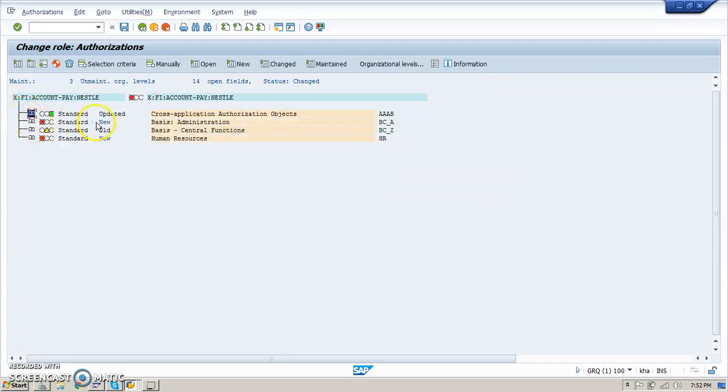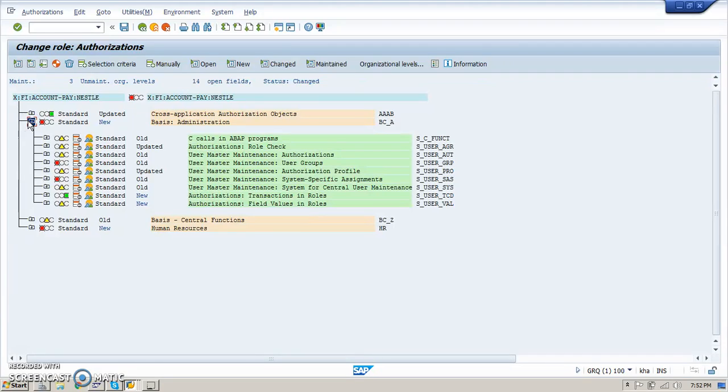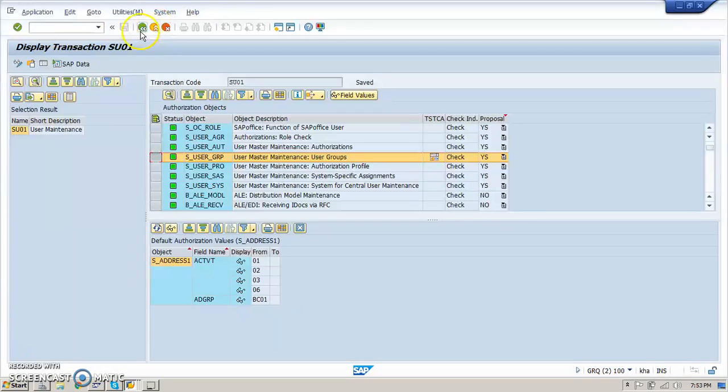Okay, now don't forget this. This is very important. Naming convention is important here. Updated, new and old will be there. New means a new authorization object has come into the picture here. Old means the old values have been maintained. So old values are already there like this. See, this is the old. So to avoid the confusion, I am going to